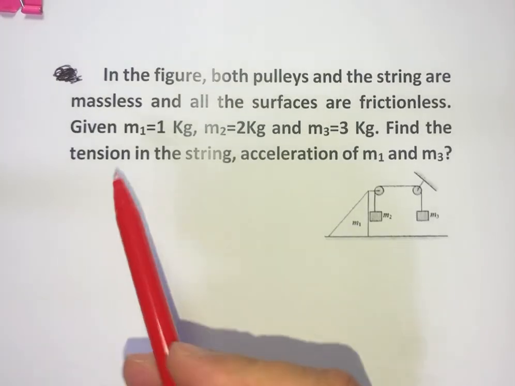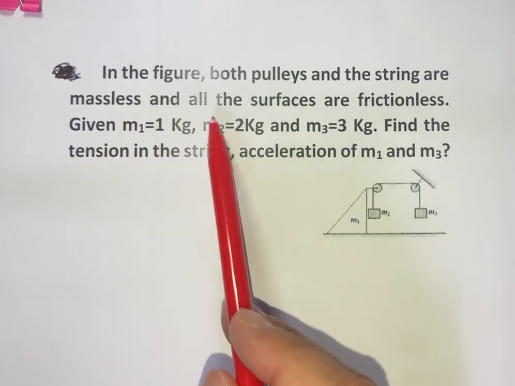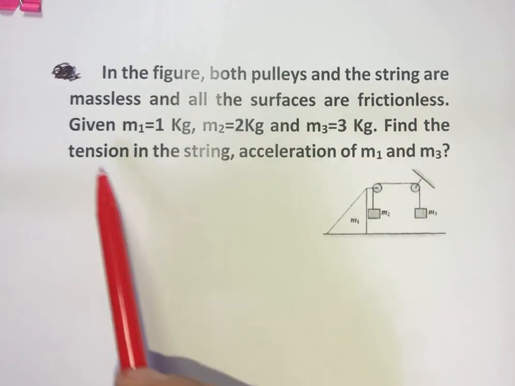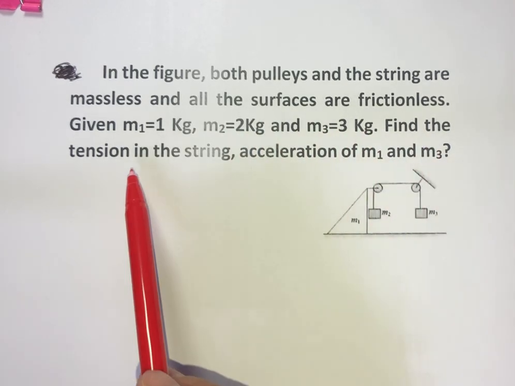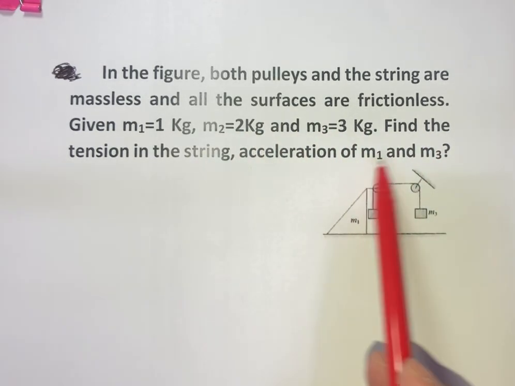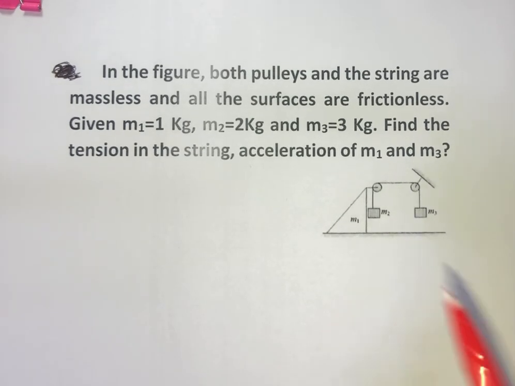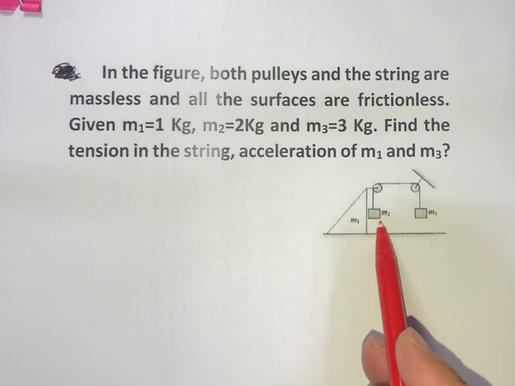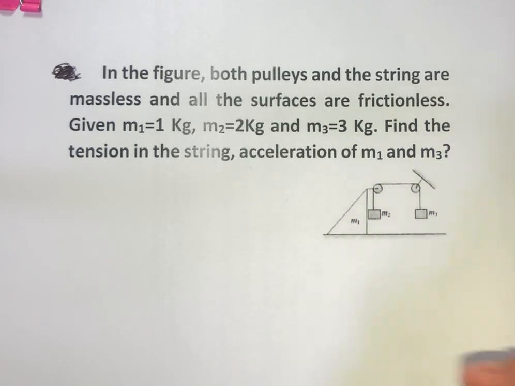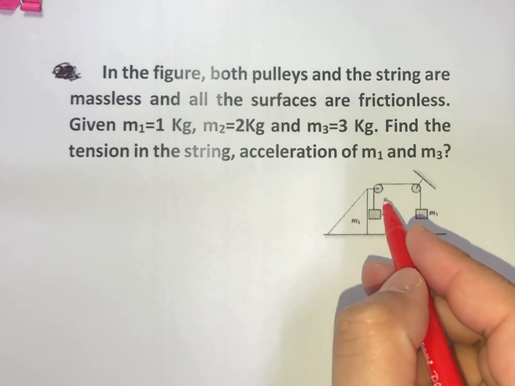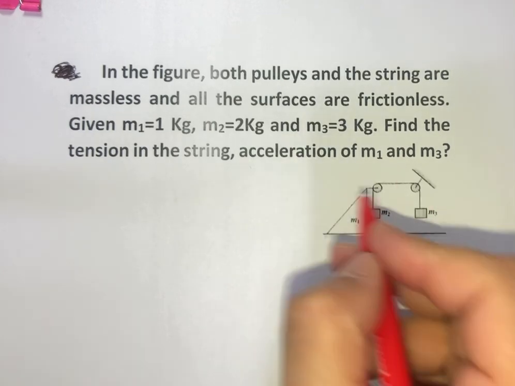Hello friends, today's question. In the figure, both pulleys and a string are massless and all surfaces are frictionless. Given M1 is 1 kg, M2 is 2 kg and M3 is 3 kg, find the tension in the string and the acceleration of M1 and M3. So we have three masses M1, M2, M3, and we are supposed to find out their individual accelerations. So first of all, let us assume that M1 moves towards the right side